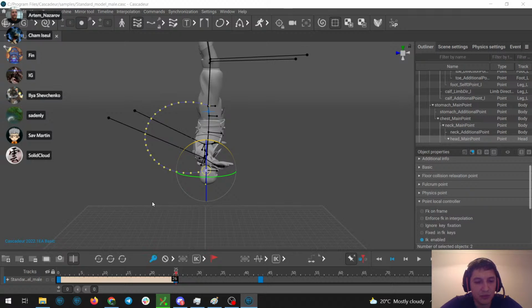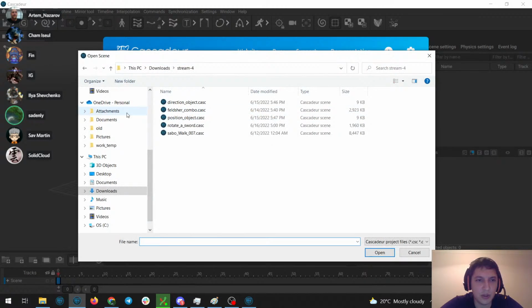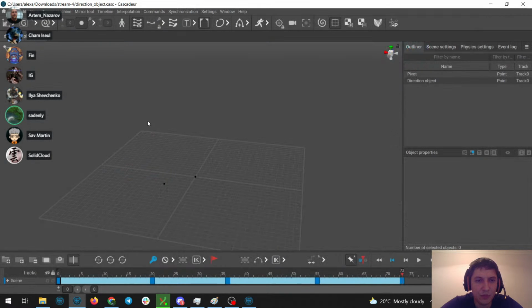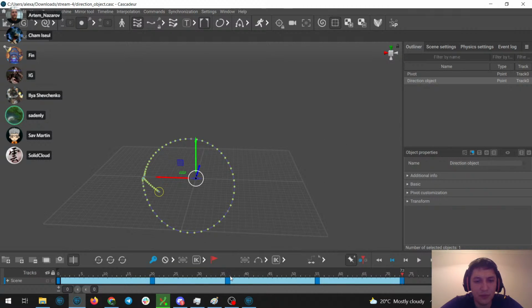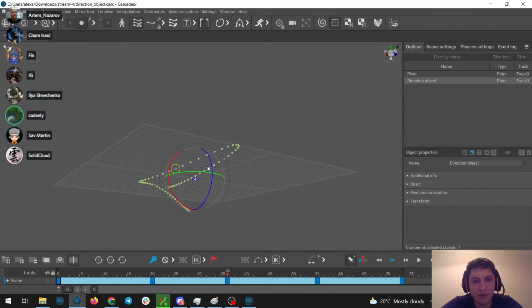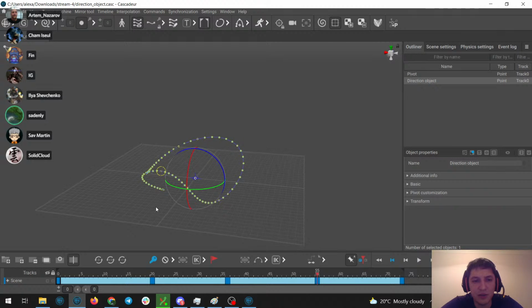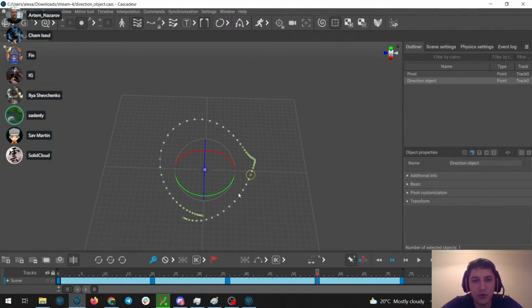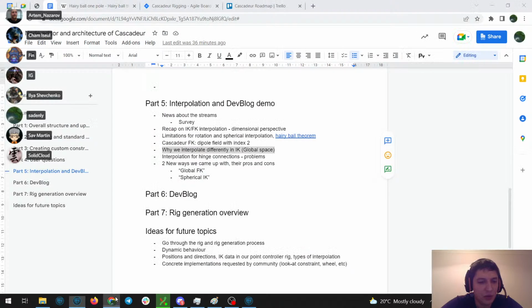Okay, now we can go here, and I've prepared a scene. I showed it last time with this directional object, where you can see how this is a direction, and you can see how it stays on the sphere, and interpolation can work and it will be smooth and nice. The radius will not change, and that is what we want for our points.